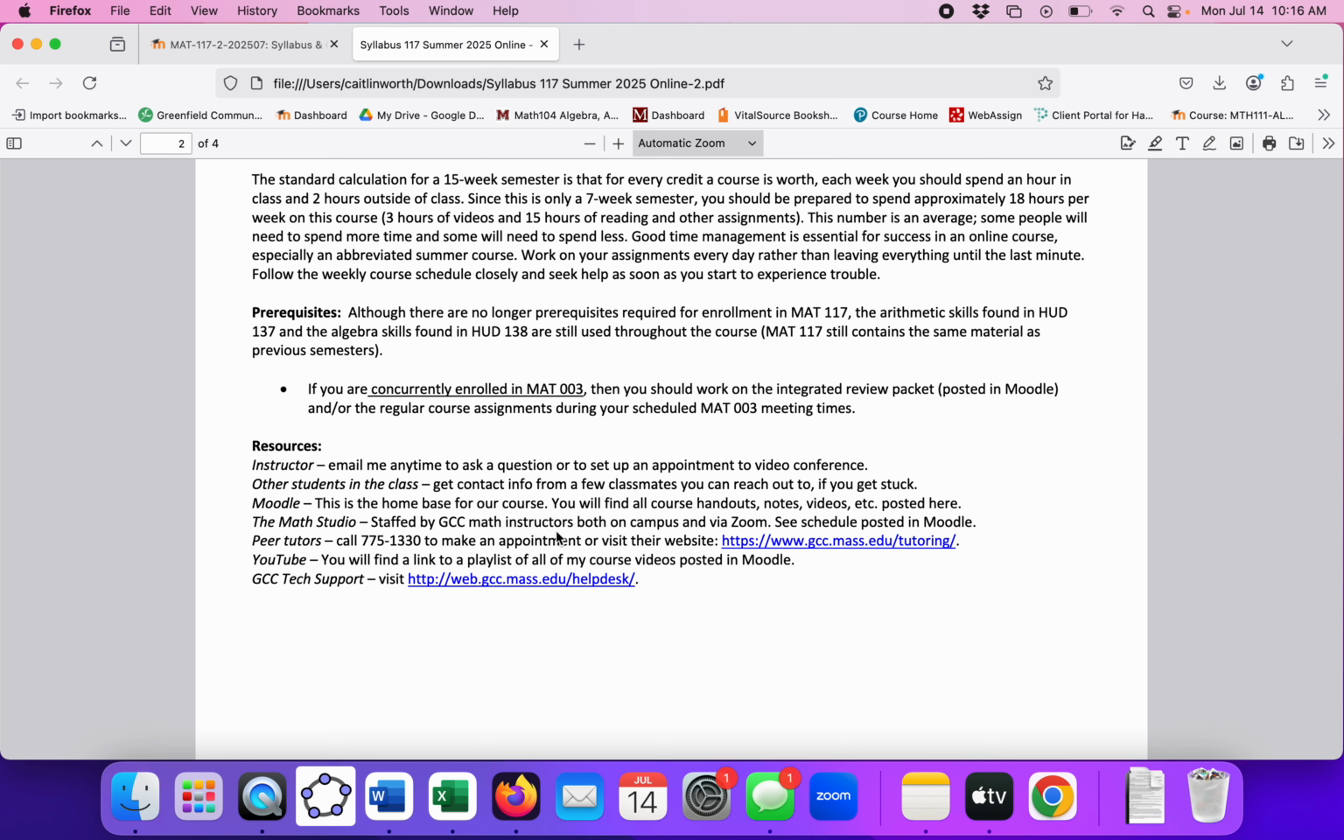A note about prerequisites. There are no longer prerequisites required for enrollment in Math 117. So you can enroll in this course without having met the prerequisites. But the prerequisite skills are still the same. So the arithmetic skills and the algebra skills are still used throughout the course, which means that if you have